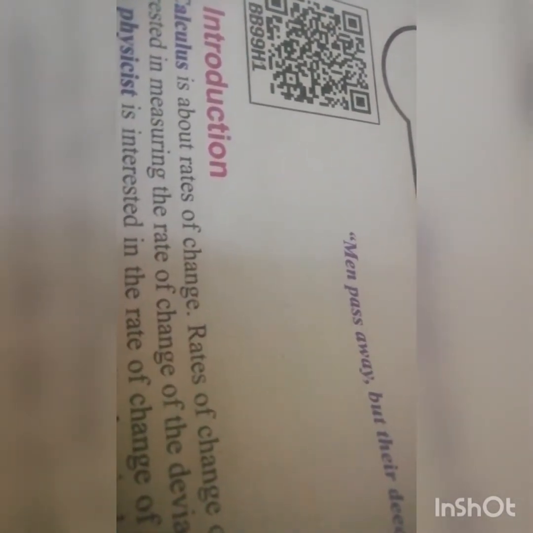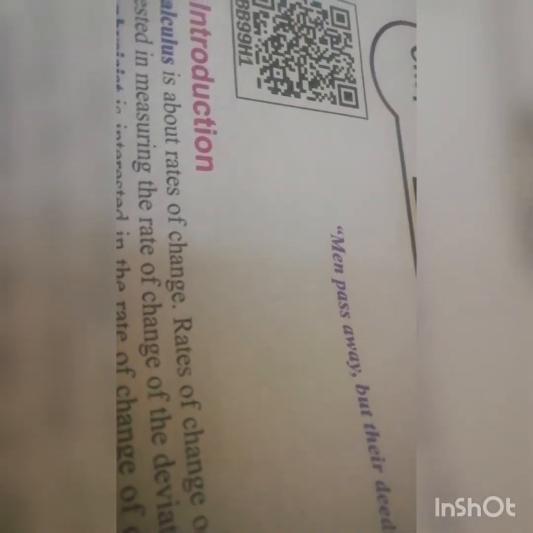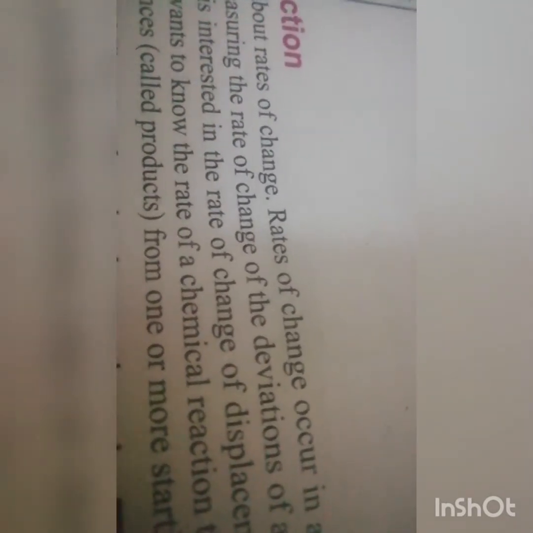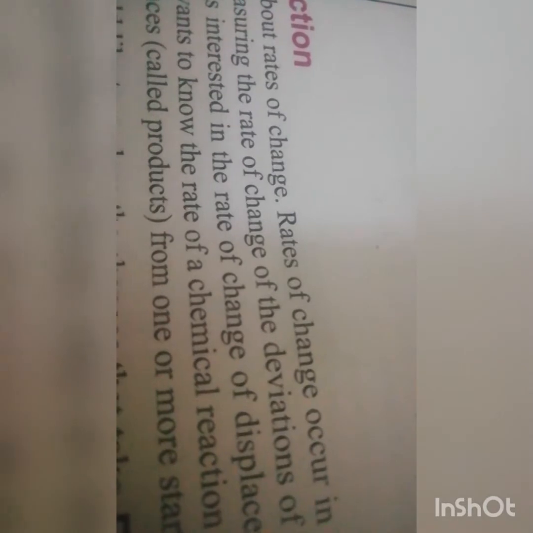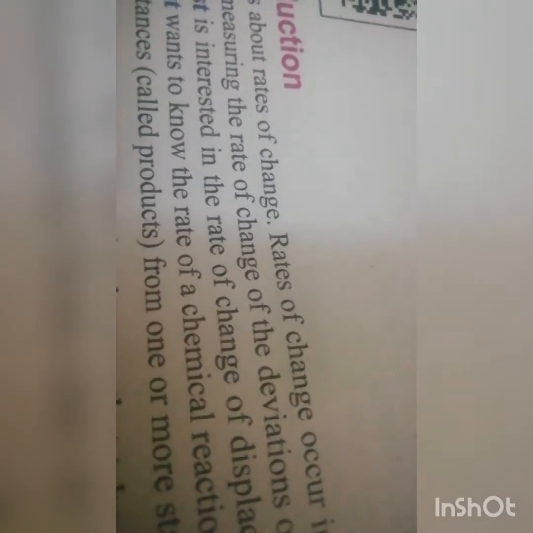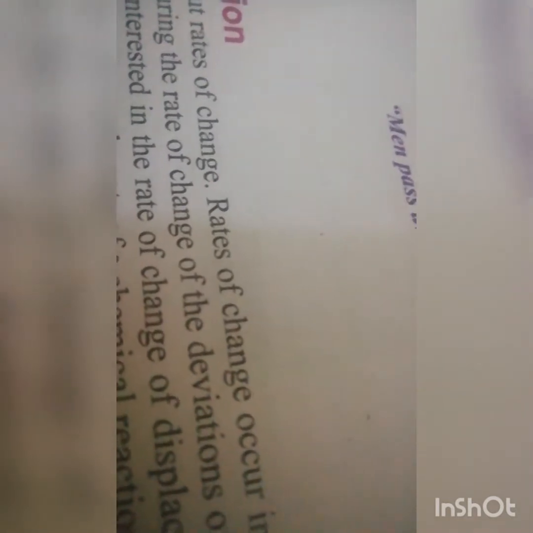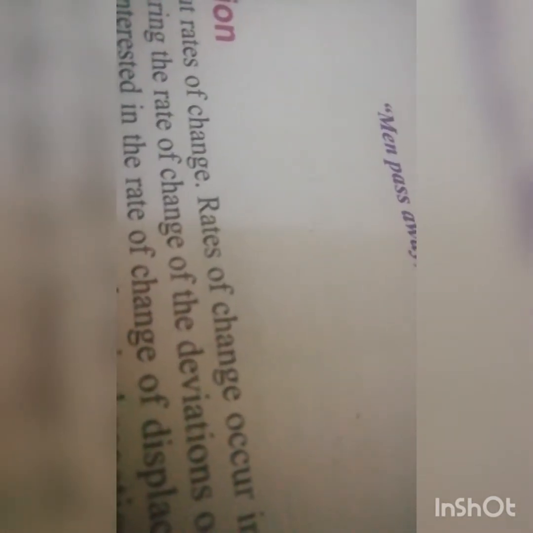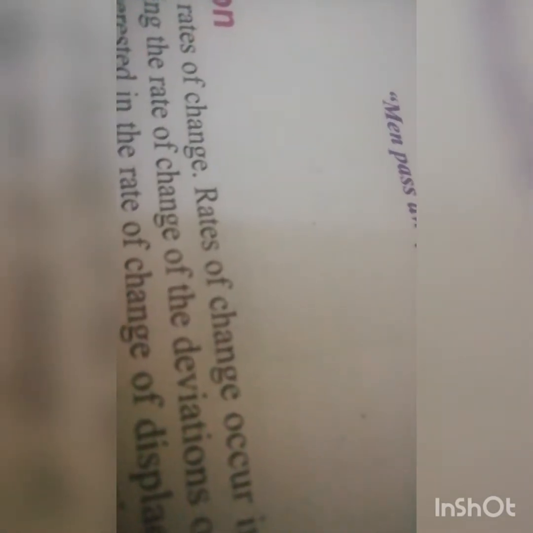Suppose 1 by x plus 1. So you can put minus 1. We get 1 by minus 1 plus 1, equal to 1 by 0. So 1 by 0 means it does not exist. What is the reason? The answer is infinite. So it does not exist. Therefore the function y is equal to 1 by x plus 1 does not exist for x equal to minus 1. So it exists only for x not equal to minus 1.